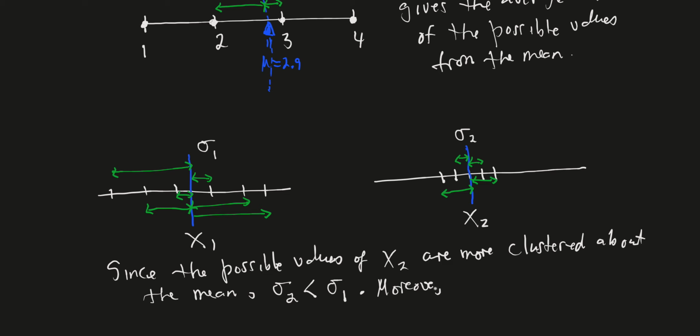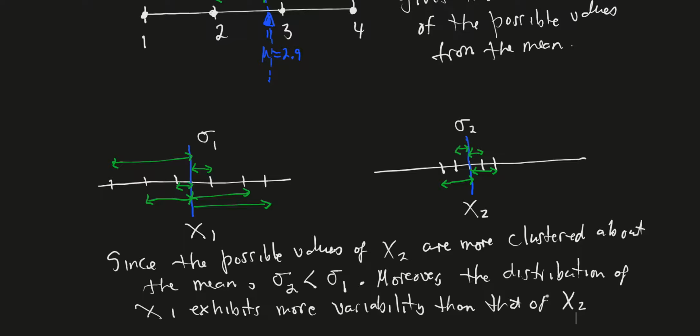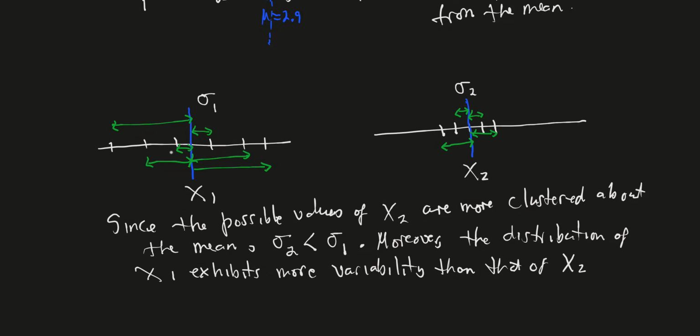Moreover, the distribution of x1 exhibits more variability than that of x2. And by more variability, it just means that the possible values cover a wider range,